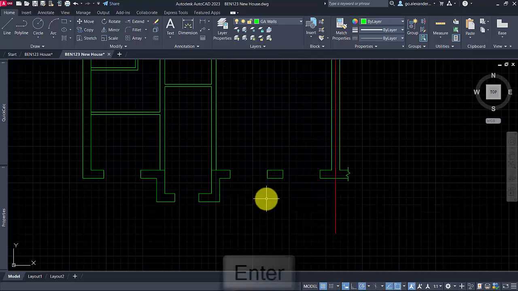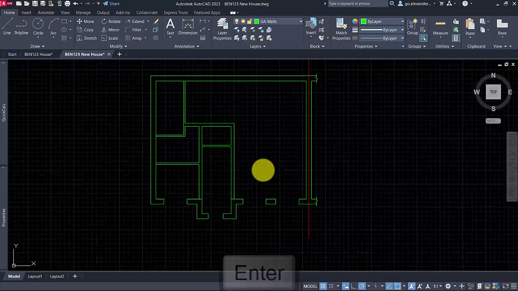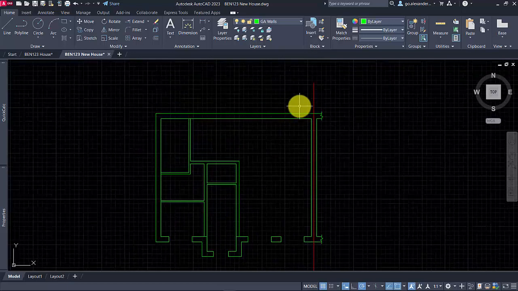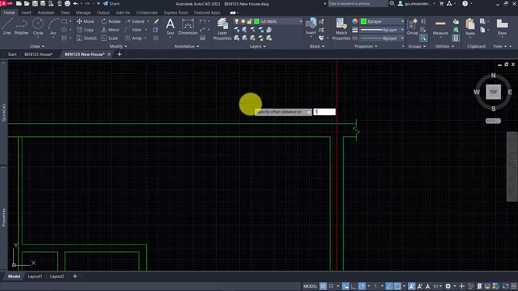Definitely do think about how the windows look in relation to each other on the elevation, because that will come at a later point. There are a couple of windows on the side and on the back here. There is a double door on my plan as well, so maybe I should just use an offset tool here. What is that distance? It's